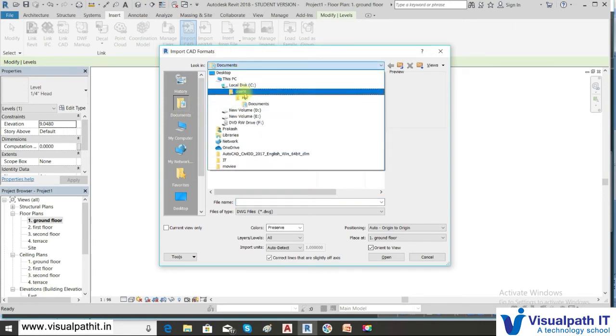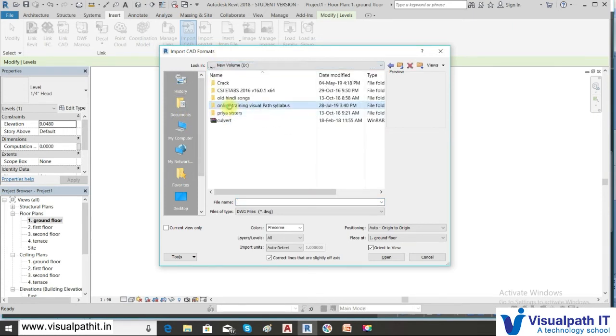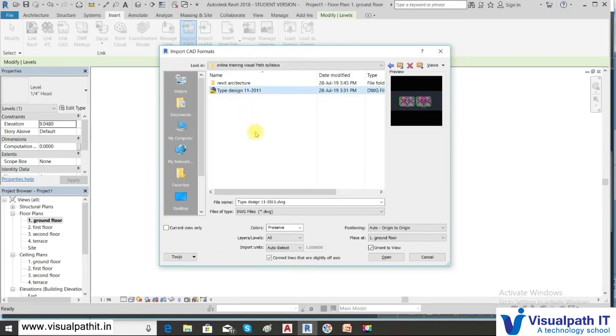I've kept it somewhere, so I'll select this file. Here it is saying DWG, and the colors are preserved, meaning the black and white background colors of Revit will be preserved and will not change. Otherwise, it will change to the AutoCAD color. Auto origin to origin, and units are automatically detected.